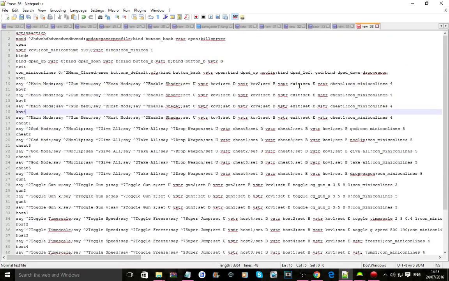I've loaded the game up and everything, and just realised that I didn't actually change any of these. They're all cheat ones. So if we press gun menu, it's not actually going to go in the gun menu, it's going to go into the cheat one main mods menu. So now we're going to quickly put that to whatever we called the gun sub menu. I'm going to call that the host, and then we're just going to say